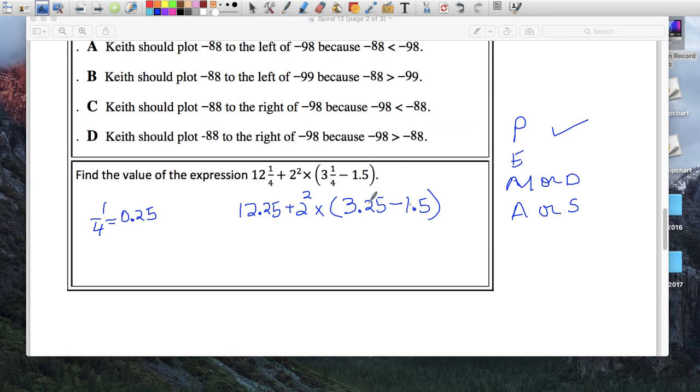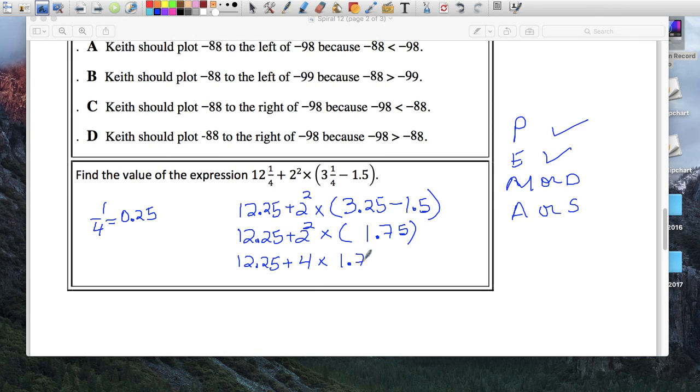So let's follow order of operations and solve this. Parentheses, yes, there are. So we're going to take care of this parentheses and leave everything alone. So copy 12.25. Don't touch, don't change, don't do anything. Leave 2 to the second power alone. And let's just do what's inside the parentheses. So you're asked to subtract 3.25 minus 1.5, and if you did that subtraction, you would get 1.75. So I'm done with all my parentheses. There's nothing else. Second thing would be exponents. 12.25, leave it alone. And there's an exponent, so that 2 to the second power, I'm going to rewrite that as 4 times 1.75,